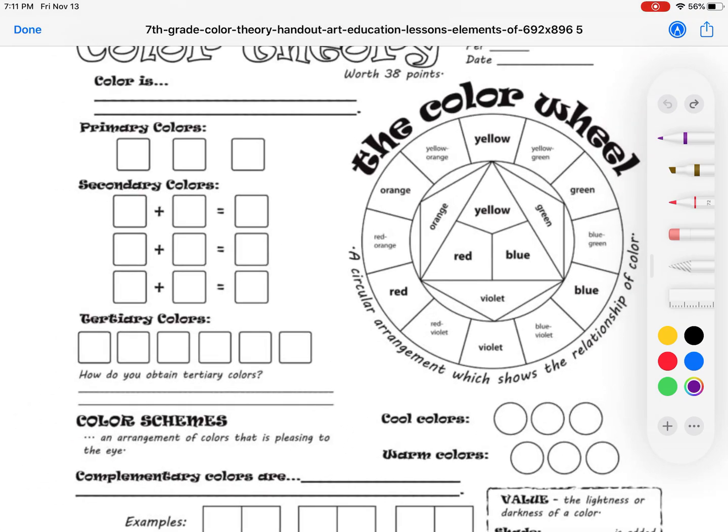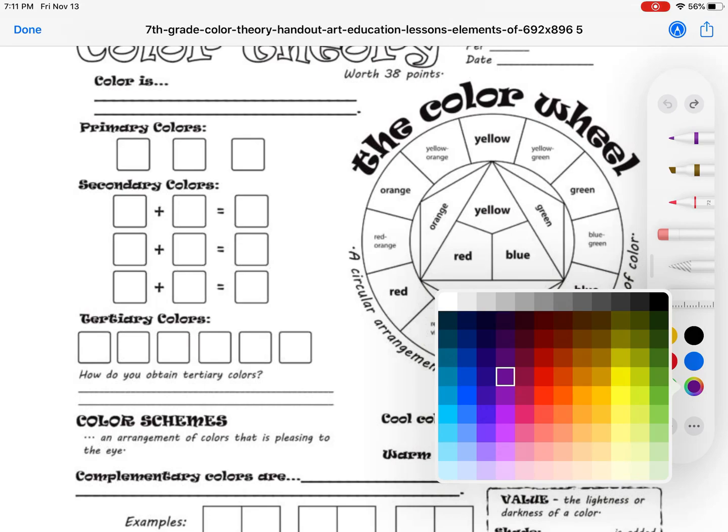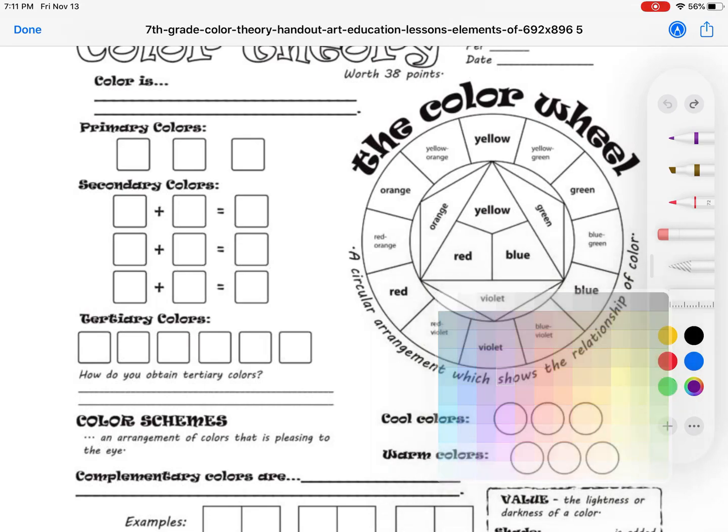Now it helps to zoom in. It also helps to change the size, and then use the eraser if you go over the lines. Luckily this spectrum makes it so easy to pick the red-oranges and whatnot. So the secondary colors, because there's a plus sign, are the violet, green, and orange. What makes violet is the red and the blue. So what you would do is,